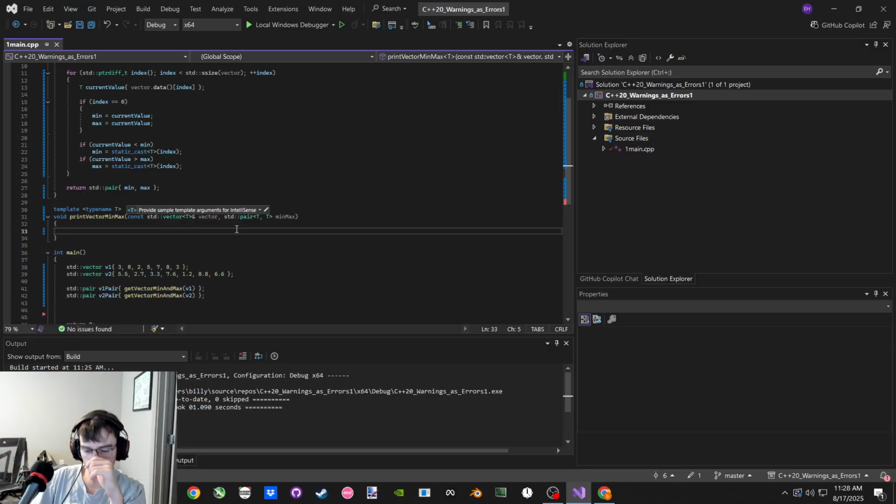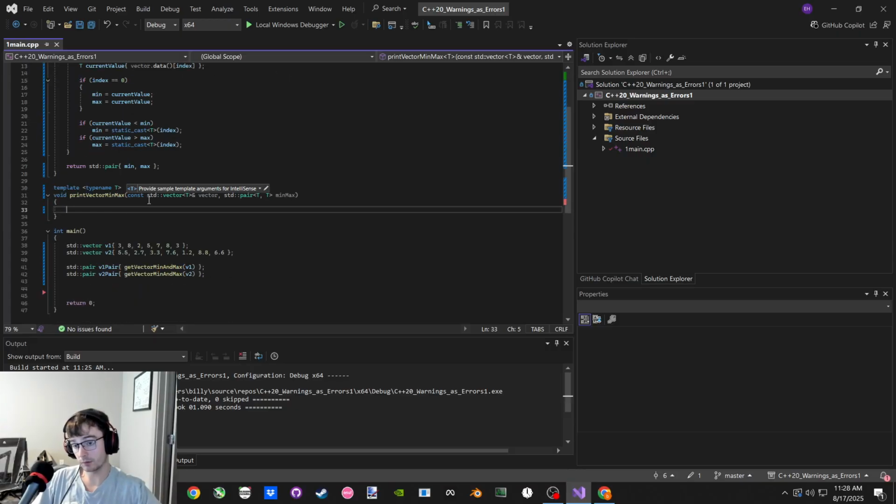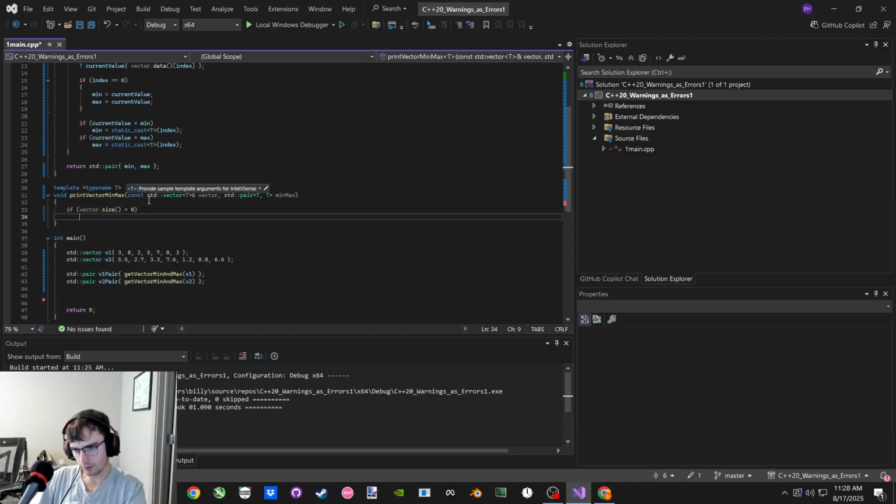Because if it has a length of 0, we can't even index 0, and by default this could be returning 0 and 0. So we could just check: if the vector's size is greater than 0, means that it actually has a 0 index, then